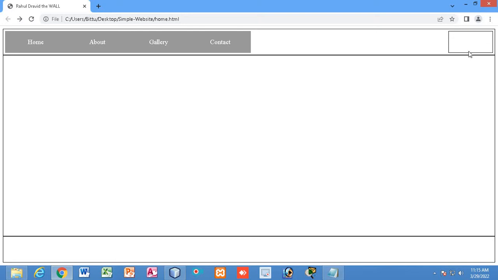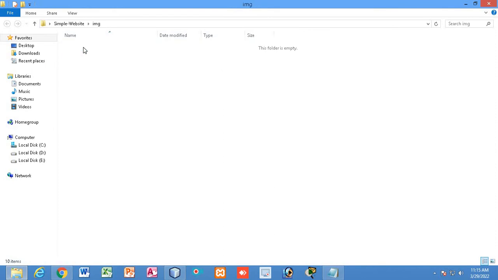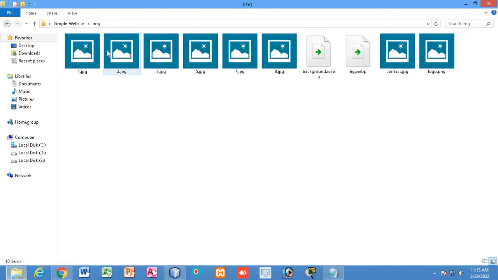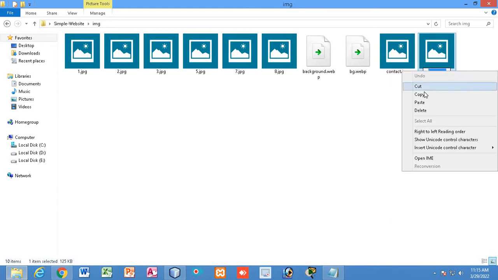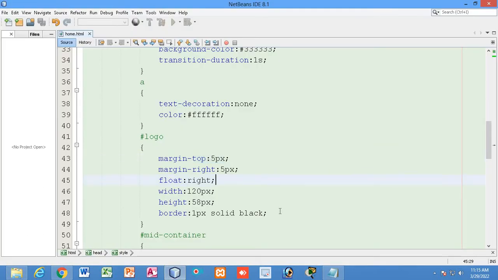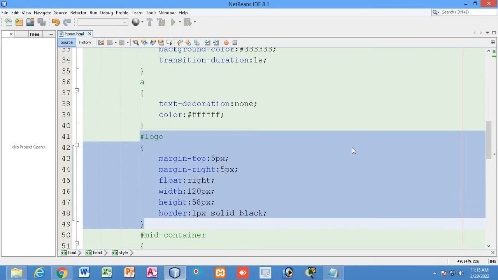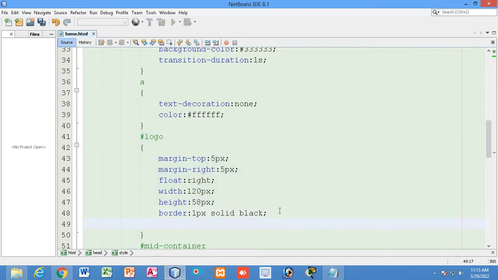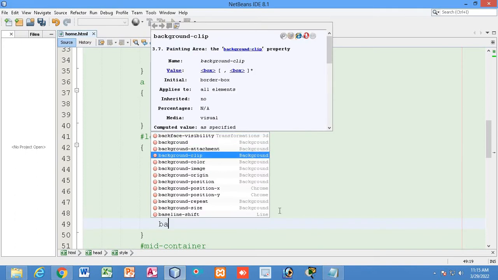Now I will place the logo. I have already downloaded some pictures. You can see in this folder I have already downloaded some pictures. So I am going to add this logo here. So how to add the logo? Just using background image, I will add the logo in this logo div which I have created. So background image